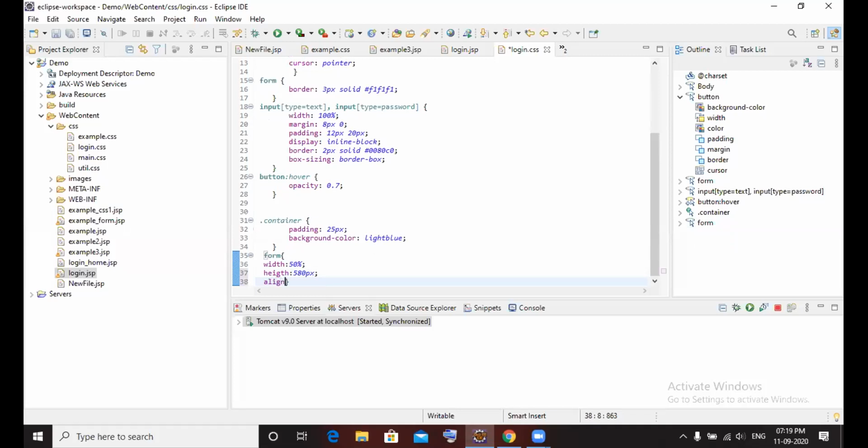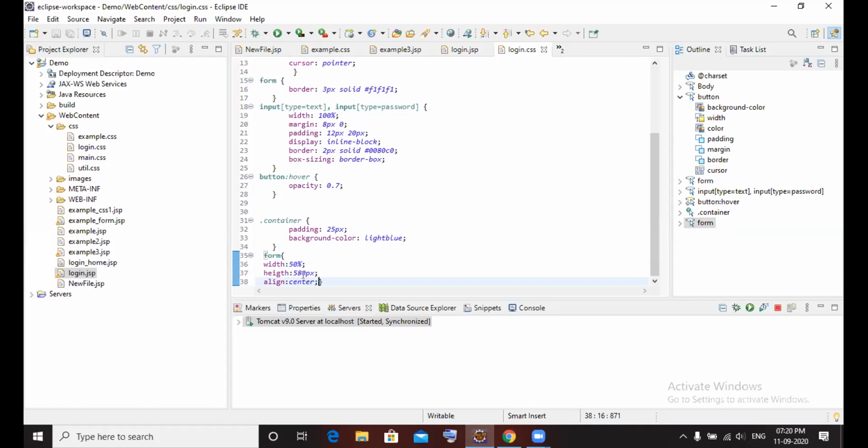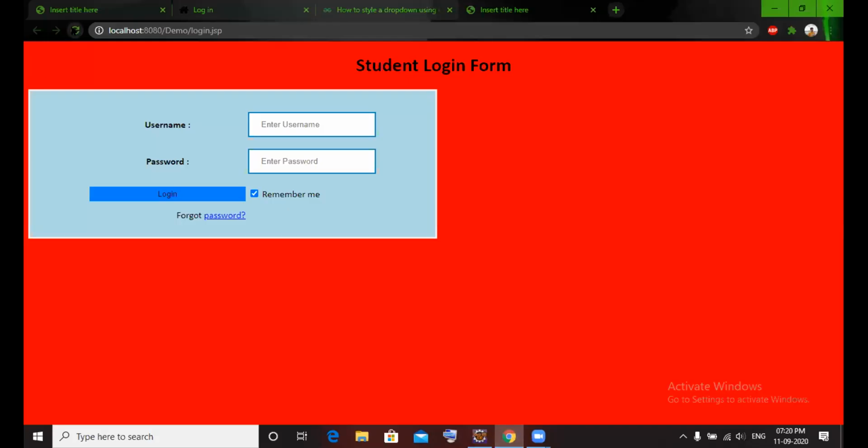Then you have to give the table center. Form, write it on center, see what happens. I didn't get it, ma'am. I tried it many times. Align center, align content you can use. Maybe it will work. No, ma'am.